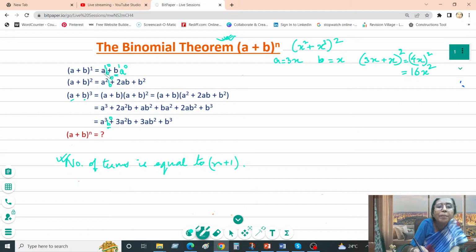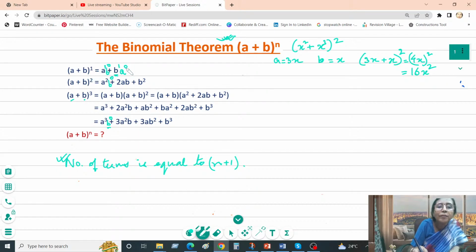You see the power of a is getting reduced from 1 to 0. It is getting reduced by 1, whereas the power of b is getting increased by 1 from 0 to 1. So the power of the first term gets reduced by 1 and the power of the second term gets increased